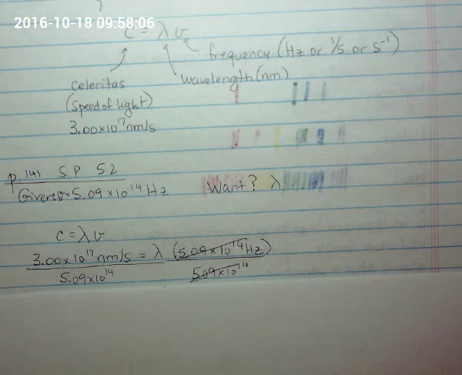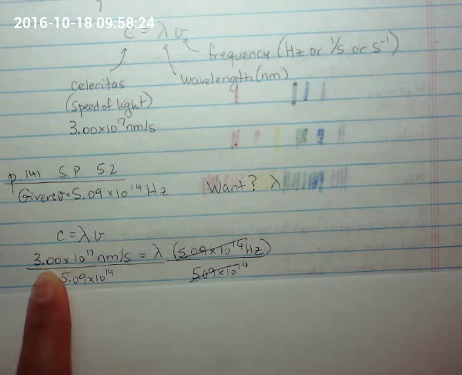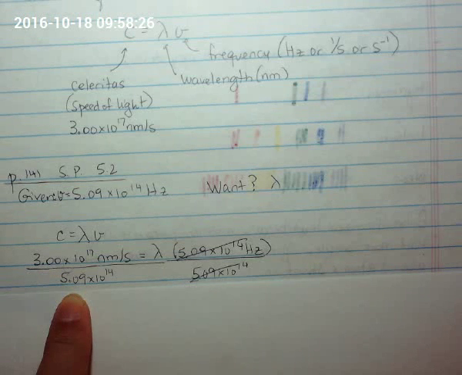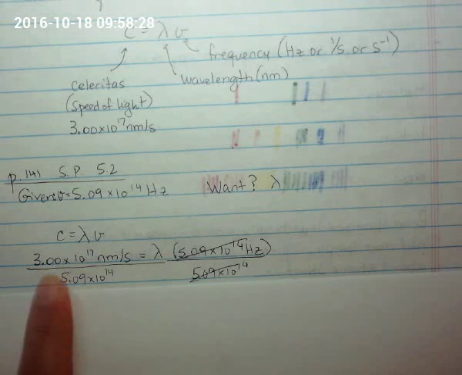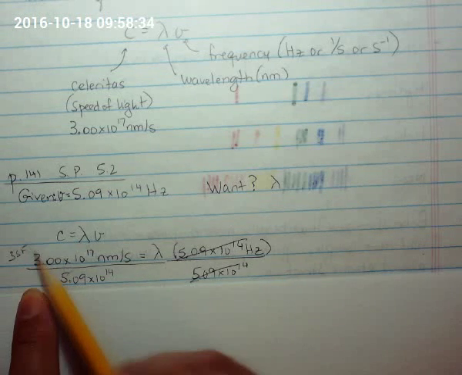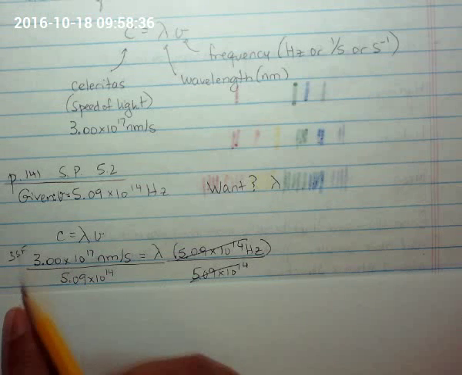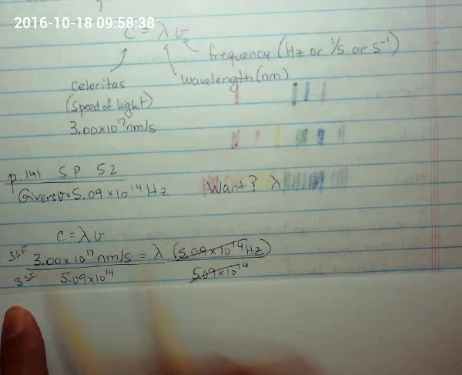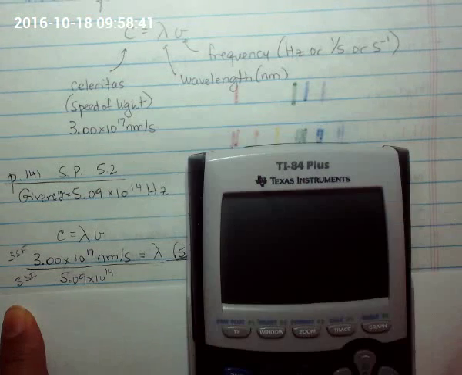Now, remember you're sitting in a chemistry classroom, right? Do I have to worry about the number that I get out of my calculator, about having it be formatted correctly? I do. All right? I'm dividing. So what do I worry about when I divide? Sig figs, right? How many sig figs are there here in this numerator? There's 3 sig figs. How many sig figs are there in the denominator? 3 sig figs. And so when I put this in the calculator and spit out an answer, which I'm going to do right now,